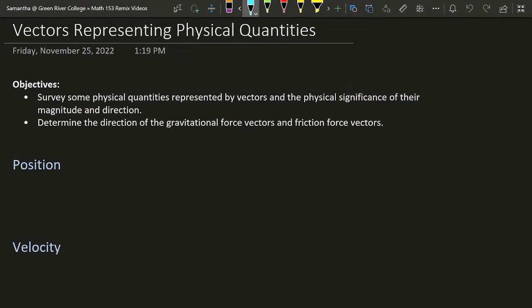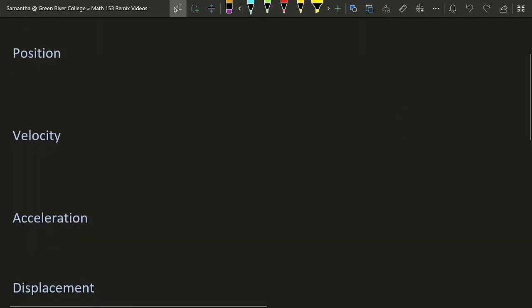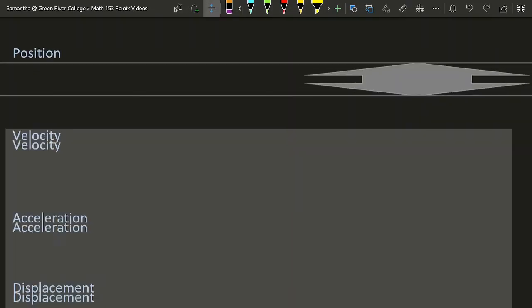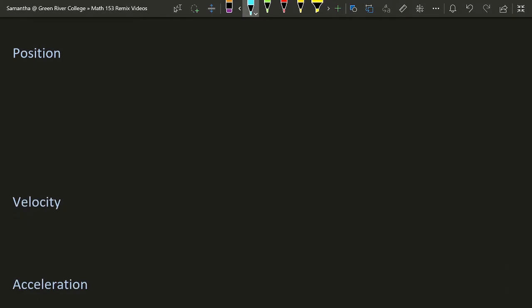Hello everyone, the goal for this video is to take a closer look at some of these physical quantities that are represented by vectors. Starting with position. If you want to describe an object's position in 2 or 3-dimensional space using a vector, then the convention is this. The vector,